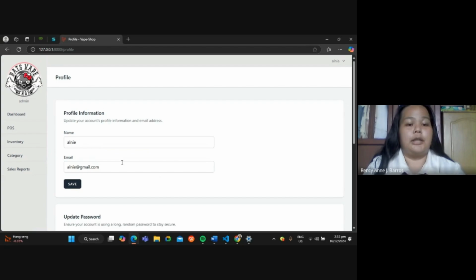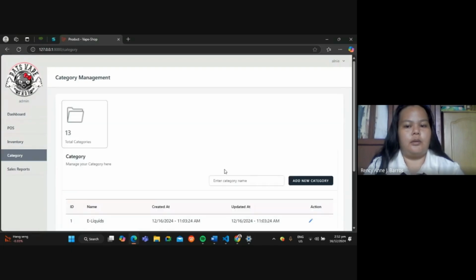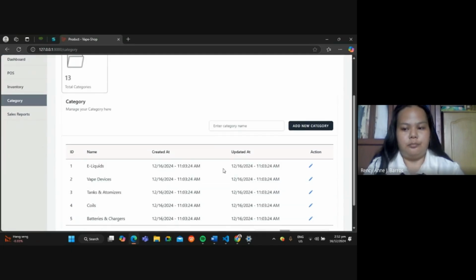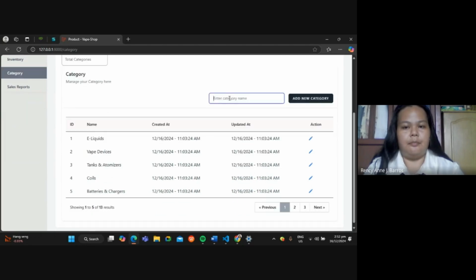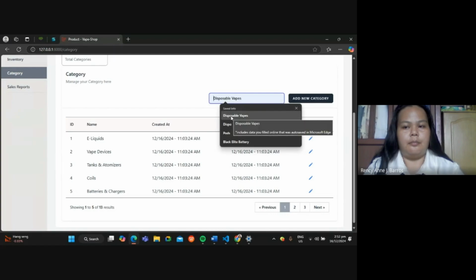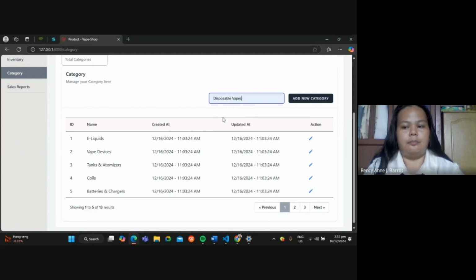The third functionality is adding a new category. So navigate to the category sidebar. Enter a new category name and click the add new category button.